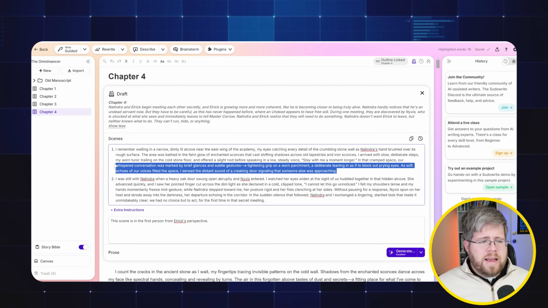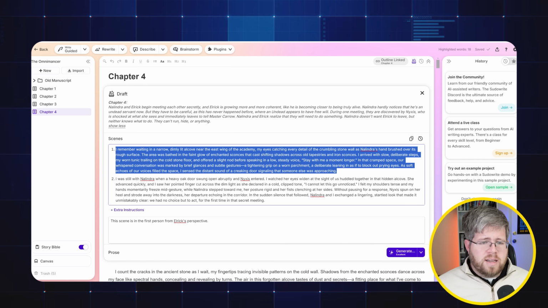Because just looking at this, I can't really see how it's going to get a full scene from this one paragraph, because it's written as if it's part of the scene, and it doesn't actually give the full details of what happens in the scene. So I think it would be a great idea to just write these yourself. But yeah, I think this is definitely a good step in the right direction, and definitely better than what they had before